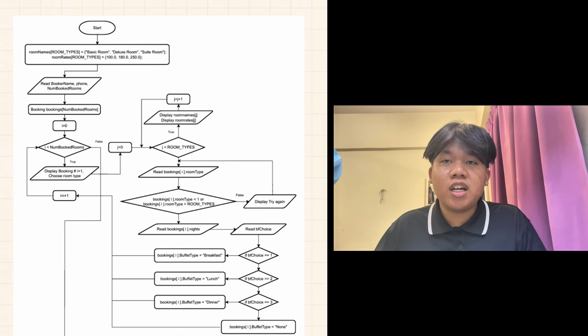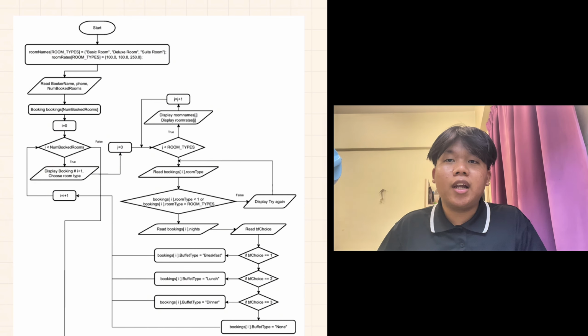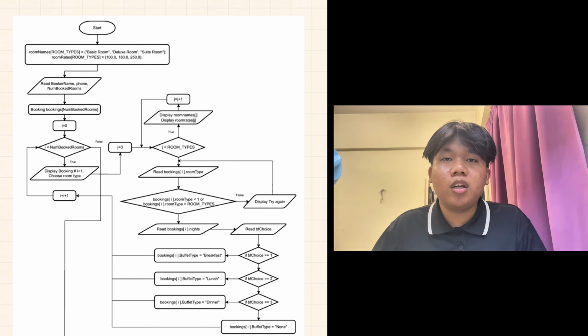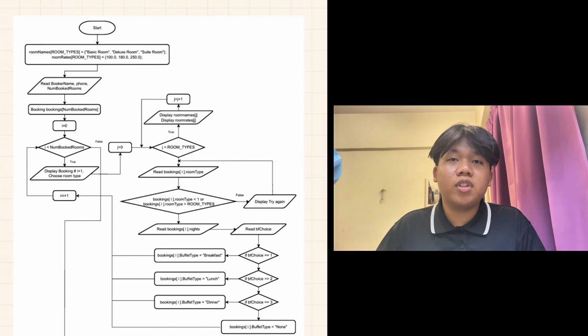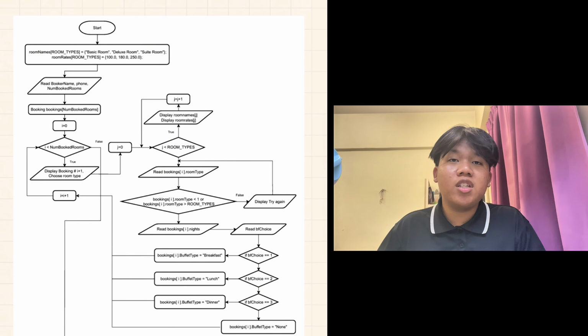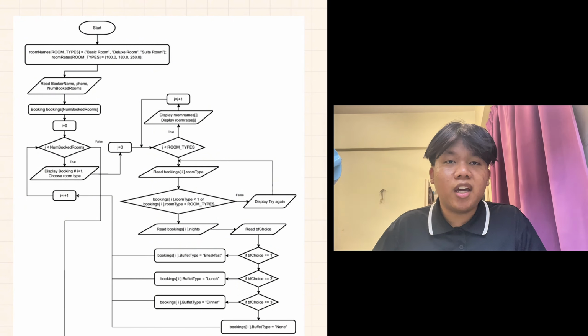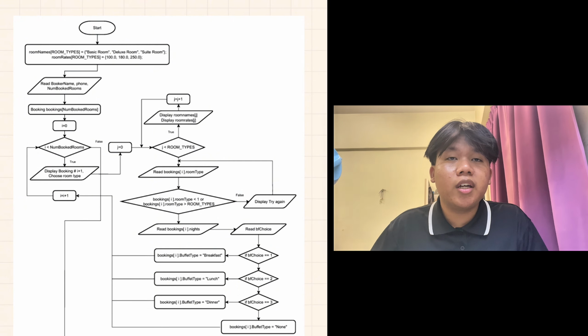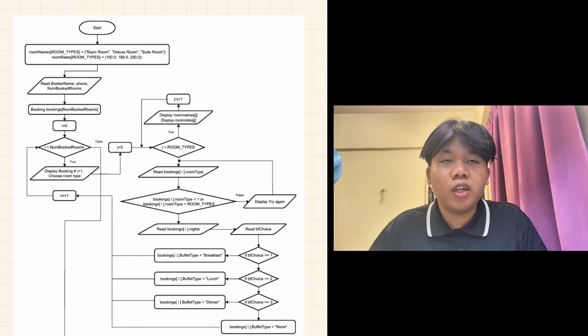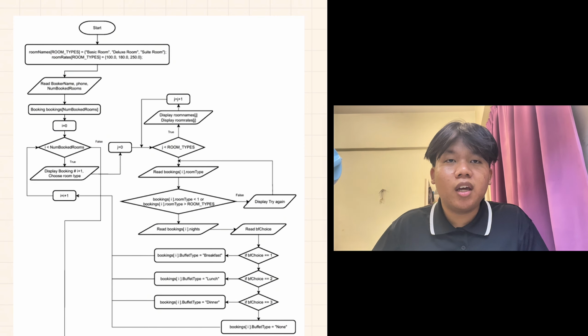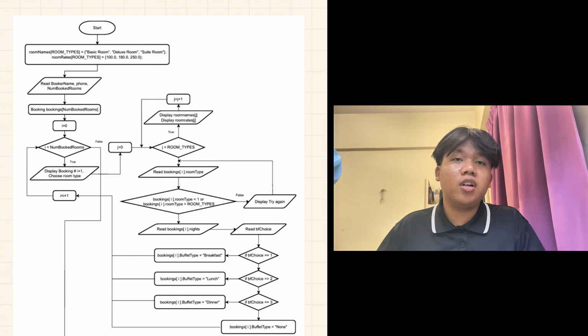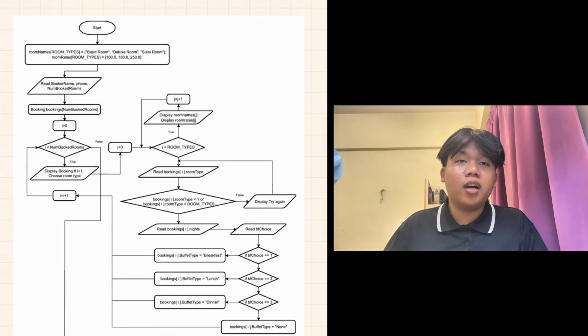And then the program will initialize i equal to 0, while i is less than number of rooms. If it's true, it will display the booking and ask the user to choose the room types. When j equals 0, as j is less than room types, it will display the room names and the room rates. So it will return the looping, and if it goes false, it will read the bookings and the room type,